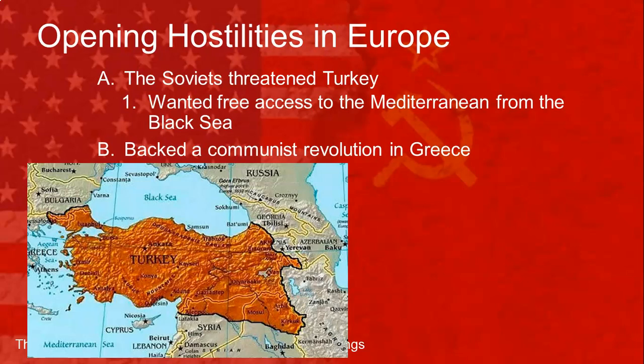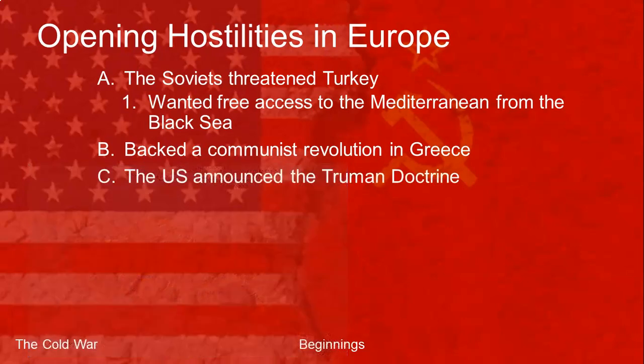At the same time they're doing this, they're also backing a communist revolution in Greece. After World War II, as the Nazis had fled Greece and the Greek militias had helped drive them out, there was a minority revolution. The estimates are 10% of the people in Greece supported the communist revolution. But the Soviets were giving them aid. They were giving them equipment, they were giving them money, and so they were carrying out a successful revolution. And there was a fear that the Greek people were just going to kind of say, look, we're tired of war. Sure, you seem like you want to be in charge. Go right ahead.